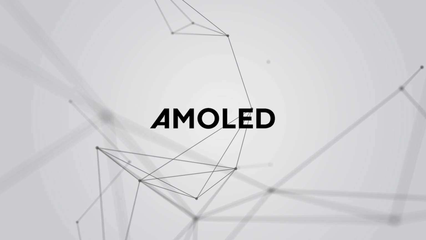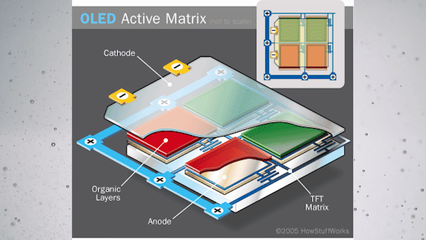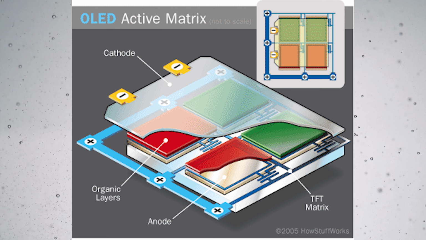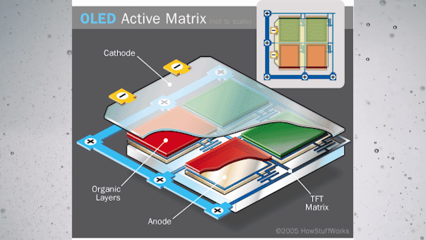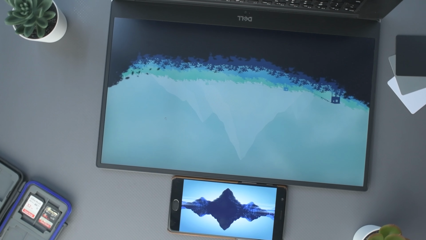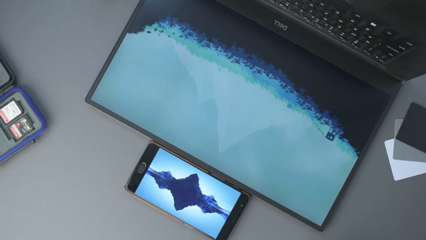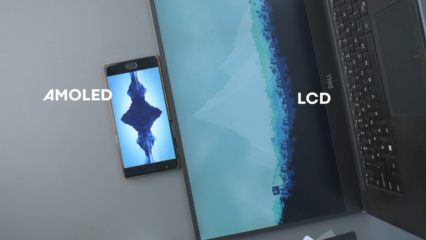Second, AMOLED display. AMOLED is short for active matrix organic light emitting diode. It is based on the active matrix system, having a thin film transistor, that is TFT, to control the flow of current in each pixel. It basically contains two TFTs, in which one is required to start and stop charging of the storage capacitors and the other to facilitate the charging of the capacitors.